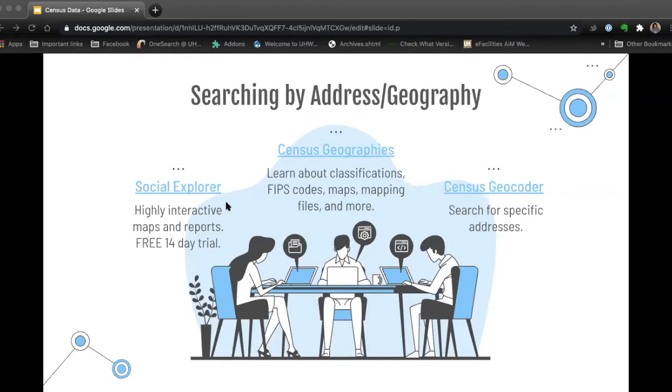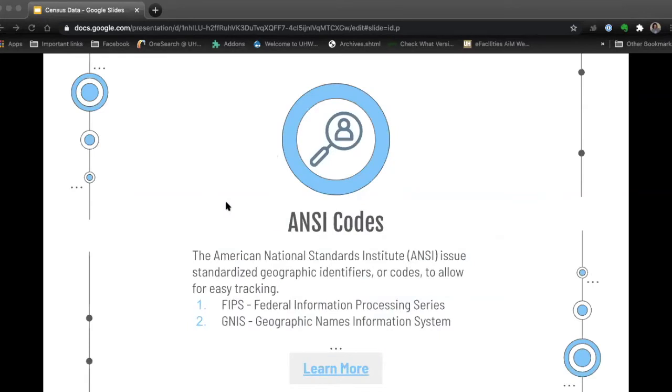But these things exist. Some of them are free, some of them are not. So that's one thing important to highlight. And then when we're looking for